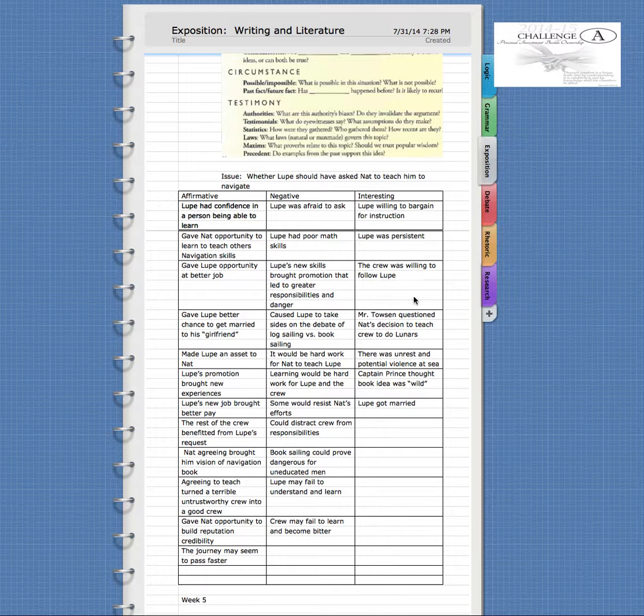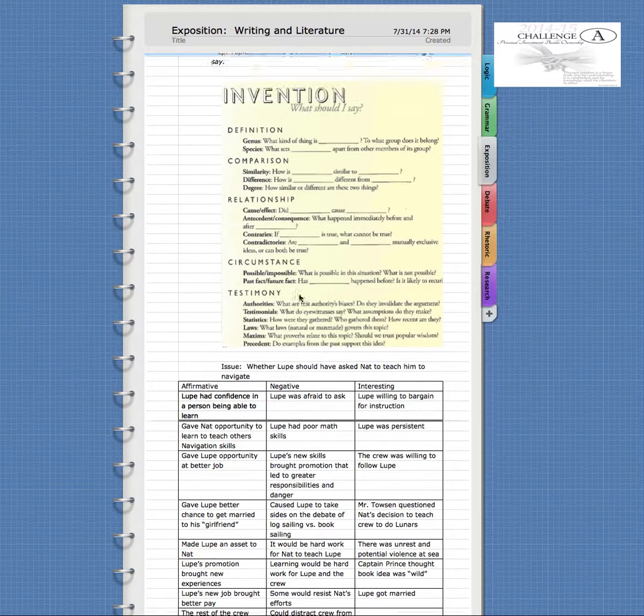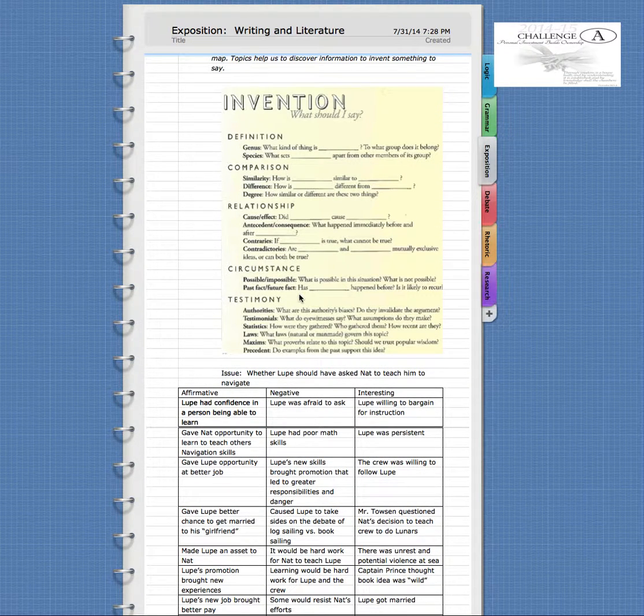So that was week 4. It was the introduction of the 5 common topics, and the idea that we can use those to take inventory or help us in the invention stage. These 5 common topics are something that we will learn throughout the year, getting better and better skilled at and understanding them. It'll go into Challenge A and possibly even beyond, I'm not sure, but I know we go deeper with the 5 common topics even in Challenge B. So I hope this helps a little bit. Again, the idea is introducing the 5 common topics and using them for the invention